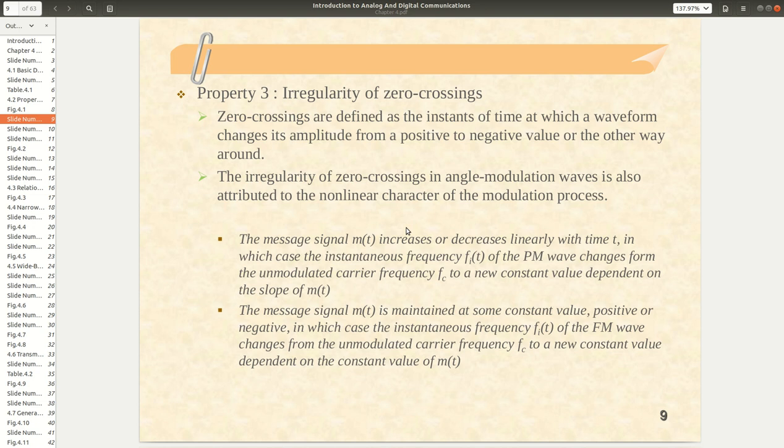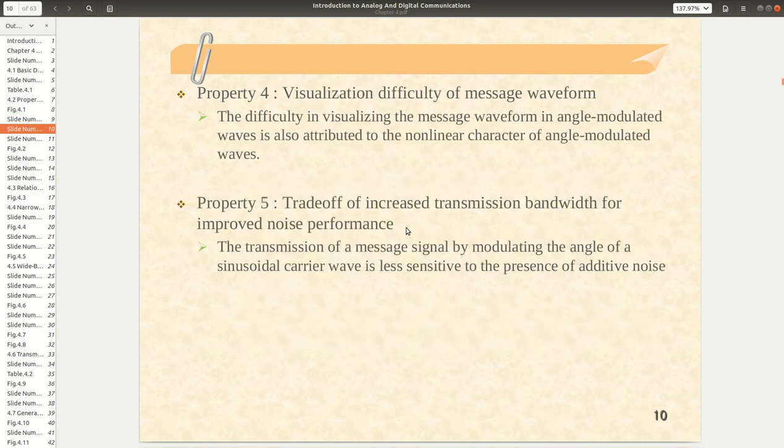Another property is that visualization is very difficult because of the non-linearity. There is a trade-off: you increase the bandwidth of the transmission because you use multiple frequencies,